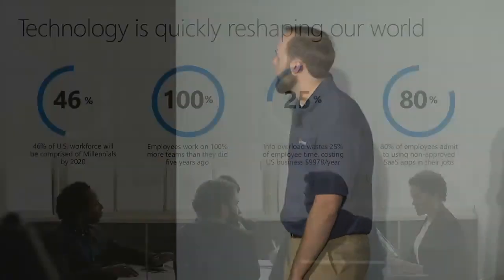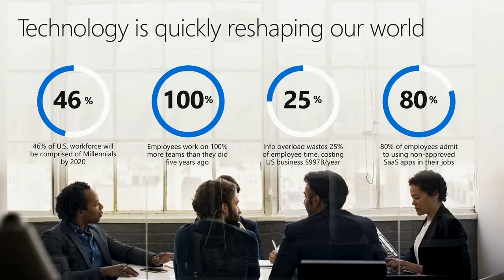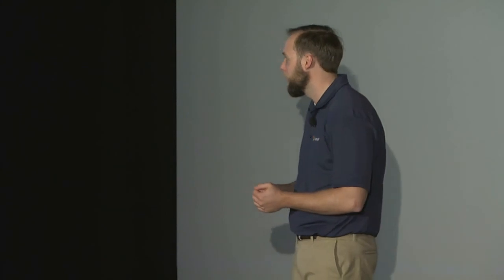So info overload wastes 25% of employee time, costing U.S. businesses almost $1 trillion a year. That is a ridiculous number. And the idea is as an organization, if you're a leader, you see this number and you think, no, that's not my business, it can't be. And that's what everyone wants to think, but not everyone necessarily has the tools to enable their productivity workforce to be able to do this. That's what the latest Office 365 ProPlus suite allows you to do, is leverage these tools to be more efficient, more productive, so at the end of the day, you get to go home and enjoy your evenings, celebrate your weekends without having to worry about logging back in and filing those TPS reports, things like that.